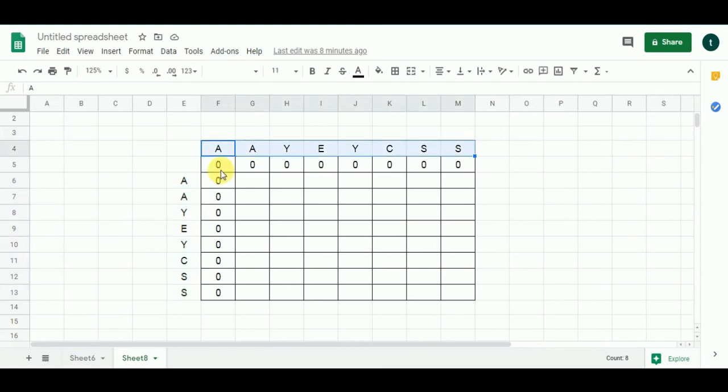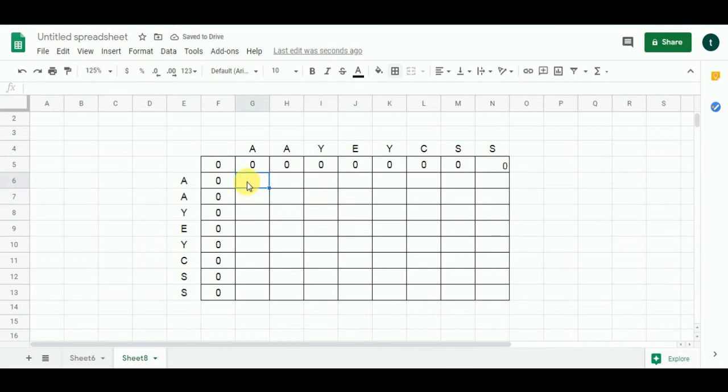Now I have filled the 0th row and the 0th column with zeros. I have done that to facilitate the algorithm, and it will be clear to you as we proceed in the problem. I will tell you why I have done so. But right now we are going to start from here. You have to remember one condition, that no two same characters must have the same index. We are going to start from this cell.